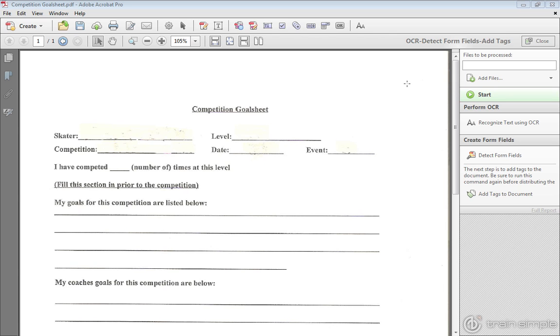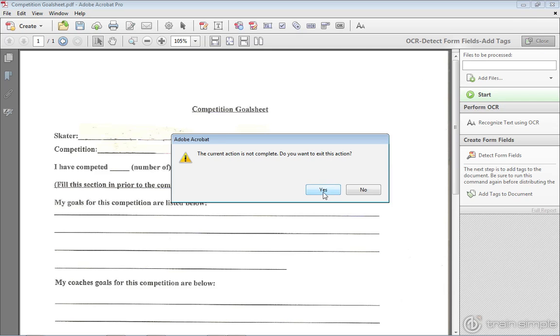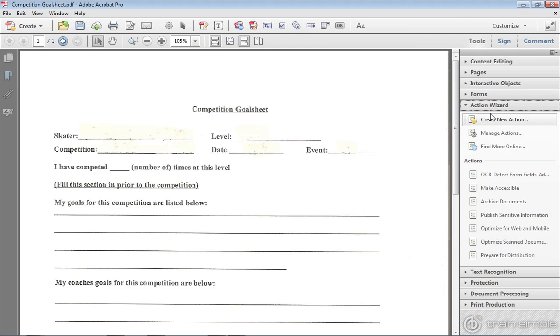I just created a new action, and let me close up that action. I will exit it within Acrobat, and it's this one here. My custom action ends up on top of the 6 built-in actions within Acrobat. So once you create a new action, it gets added down below at the very top, which I find really